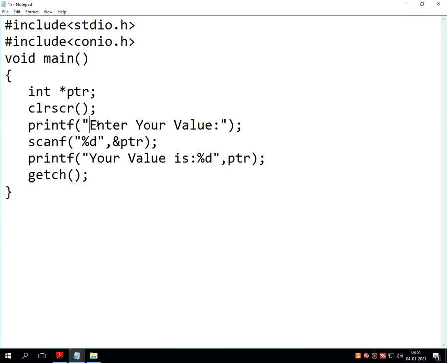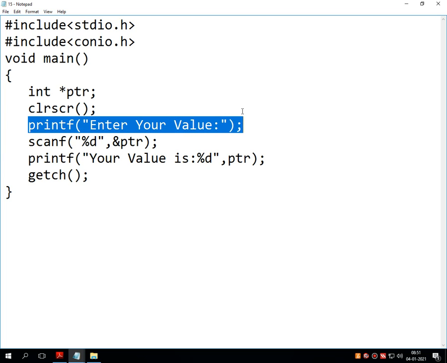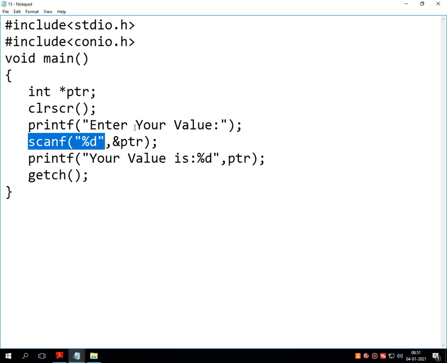Then it will print one message onto the screen using the printf statement, that is printf("Enter your value"), scanf("%d", ptr), which reads and stores the user inputted value into the declared variable,